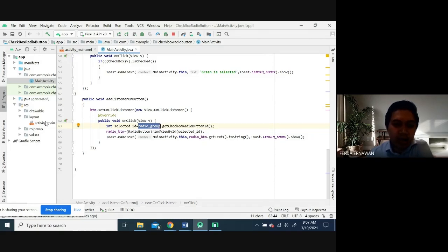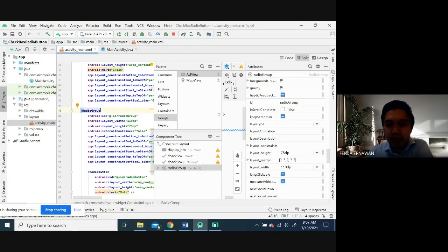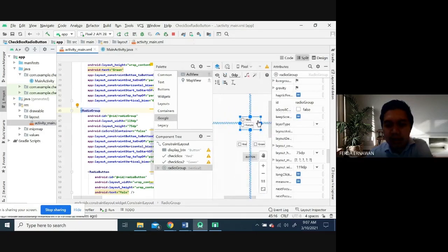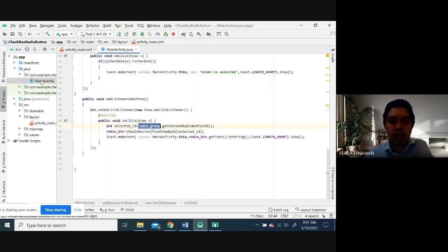If your radio button here not inside the radio group, it doesn't return anything value. So therefore, you have to put the radio button inside radio group. Okay, because if you want to use this one, get check radio button ID, so you will get the value, which ID that the user check.